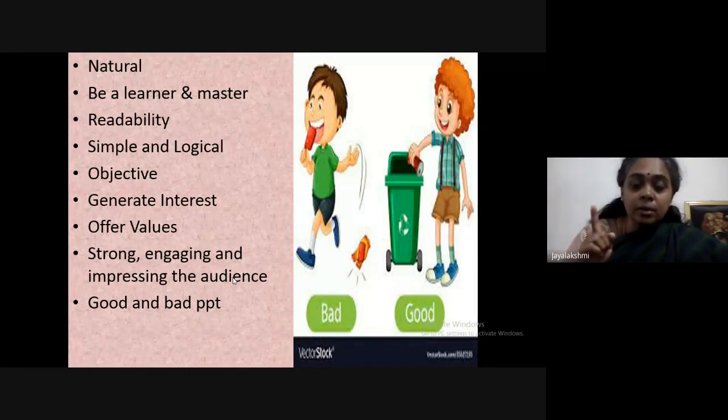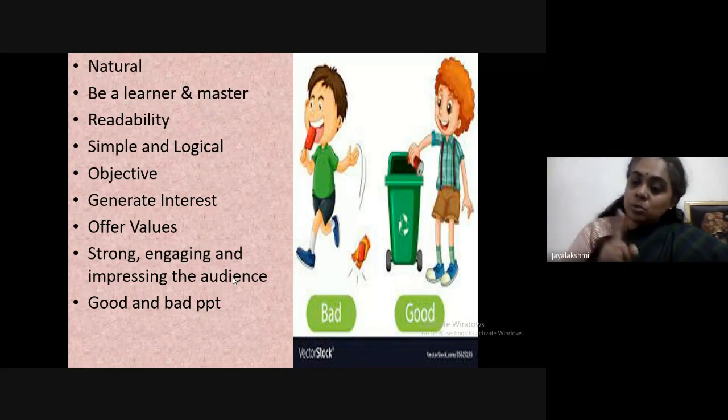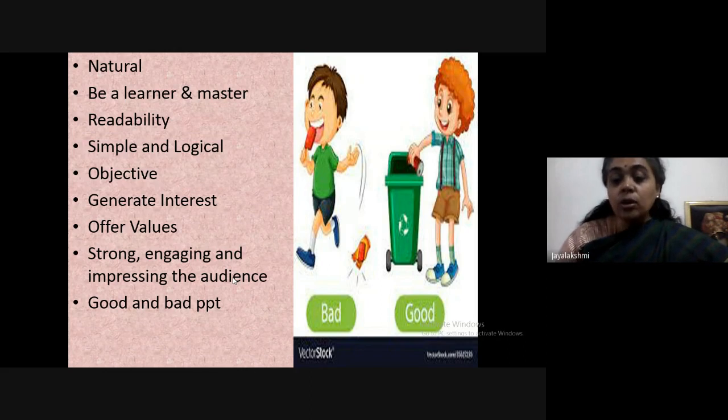But remember at the same time, unless you are a master, they will not accept you. As I told you, if they are able to pose some 10 questions to you, at least some 7 to 8 you should be able to answer. Another 2 you can skip, you can let go, no problem. But all 10 you cannot say, I don't know. So remember, you should be a master, but at the same time you should be a learner, where you are ready to accept that you have lost track,